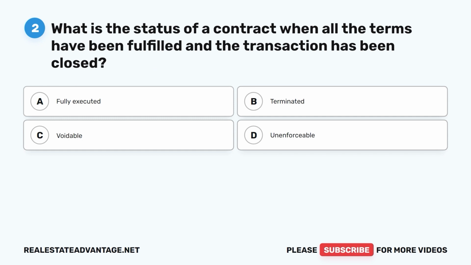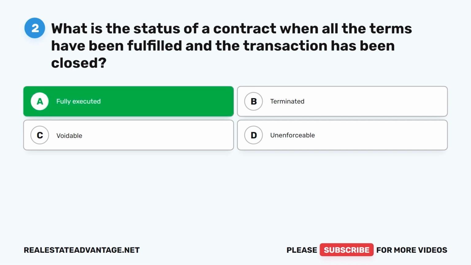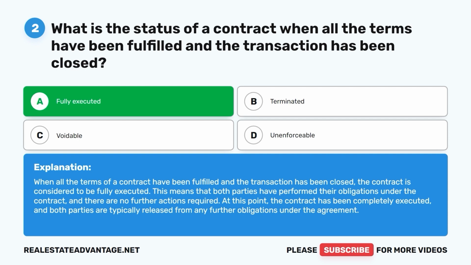Question 2. What is the status of a contract when all the terms have been fulfilled and the transaction has been closed? A. Fully executed, B. Terminated, C. Voidable, D. Unenforceable. The correct answer is A. Fully executed. When all the terms of a contract have been fulfilled and the transaction has been closed, the contract is considered to be fully executed. This means that both parties have performed their obligations under the contract and there are no further actions required. At this point, the contract has been completely executed and both parties are typically released from any further obligations under